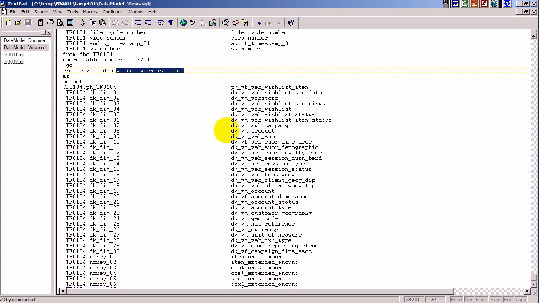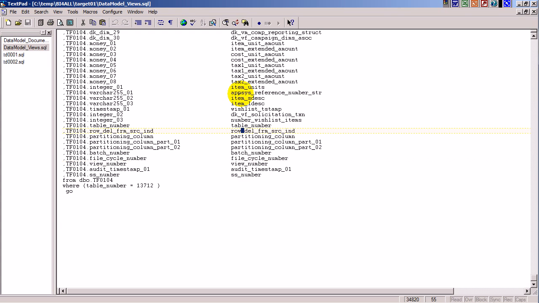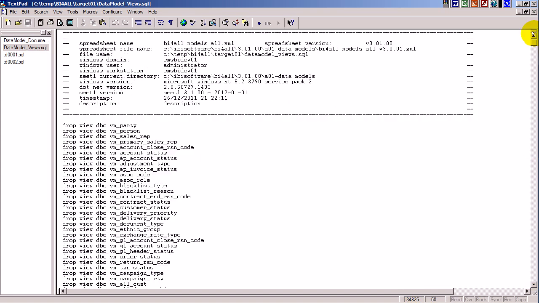Here's a fact table, web wishlist items. So this is PK web wishlist item, the dimension table links for that, the data for that, the audit fields for that, from TF0104, where the table number is 13712. Now if you look over here, you see this is 34,830 lines. 34,832 lines of generated SQL code to create the data model as views is what's in here,